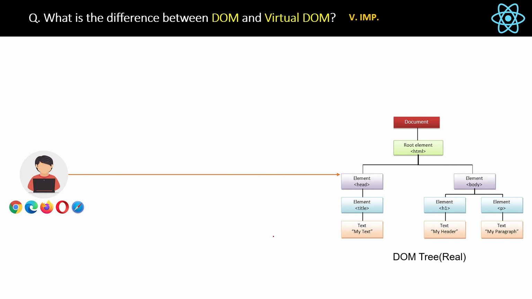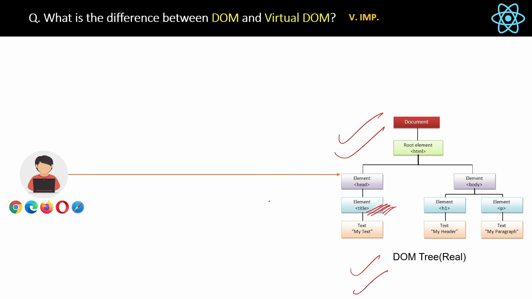Basically, there is a problem with DOM. That's why we need virtual DOM to solve that problem. The problem is, even if a user makes a very small change in a web page, even then the whole layout will be re-rendered. So that is the problem, the whole layout. For example, you are just changing one element, the title text in the title tag in the HTML. Even then the browser will recalculate and render the whole layout of the entire page, which will refresh the entire DOM, and which is very time consuming.